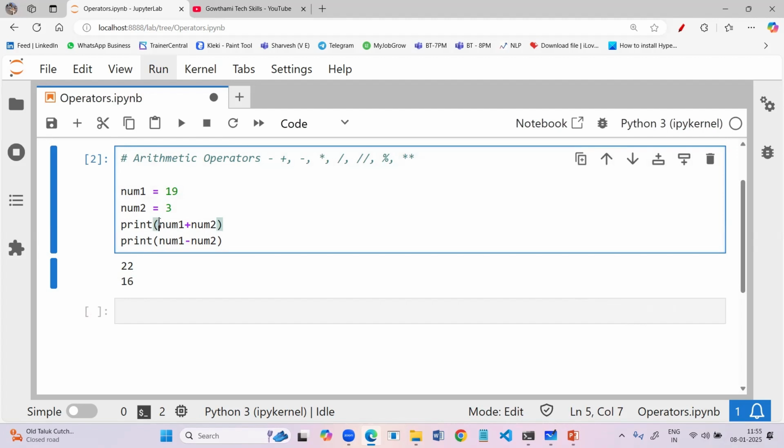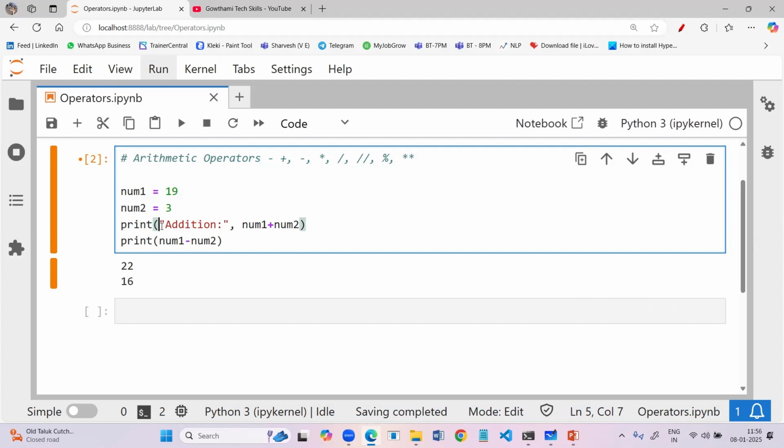Here I'm going to write one string value, that is addition. Along with this, I'm going to get the result by applying the plus operator between these two variables, and the output is 22. Here, you want to join this string value and this variable result, so you should make use of the comma symbol.